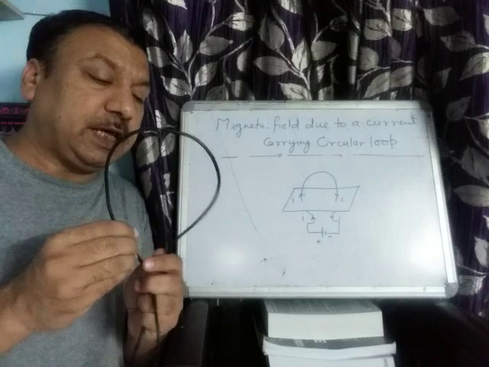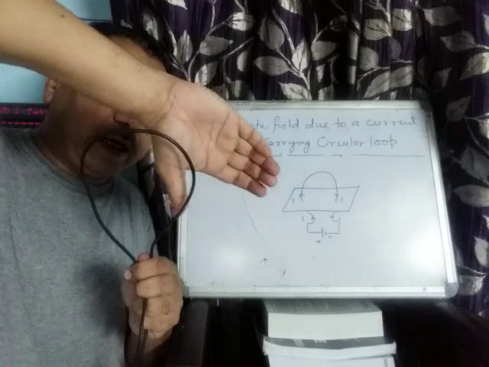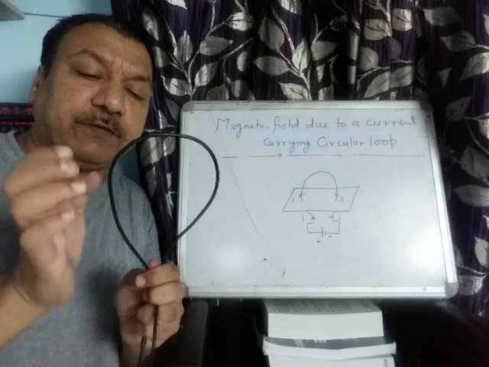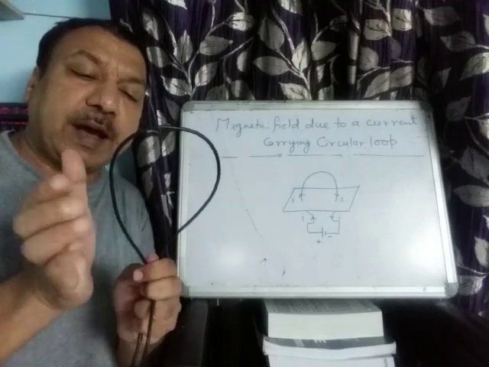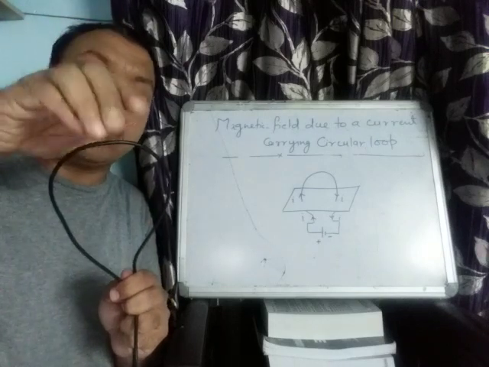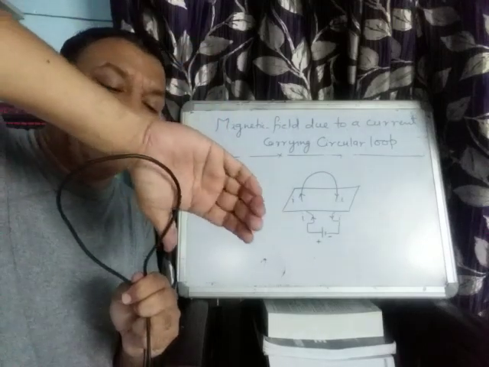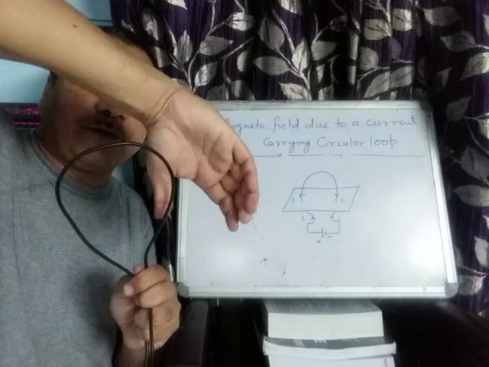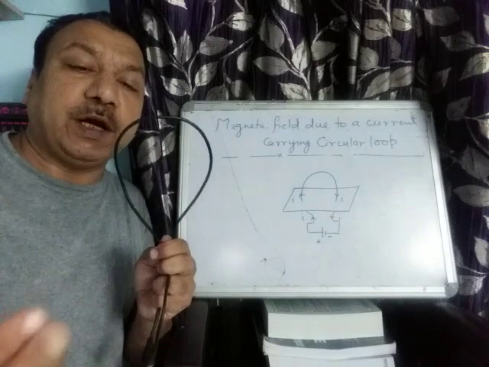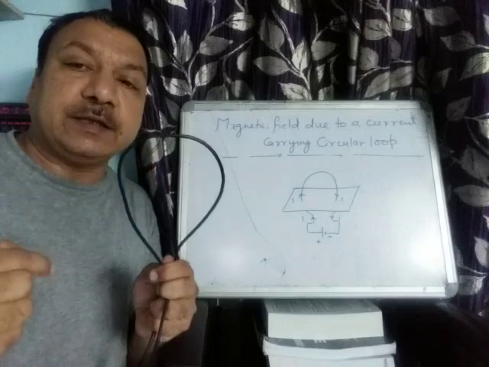Now just see, here the current is coming downward, so keep the thumb downward. Now the magnetic field is here. Again, taking the direction in which the current is moving upward, the magnetic field from the front is entering into the circular loop. And here the magnetic field is also from the front entering into the circular loop. Here the current is going down, but the magnetic field is again from outward to inward. From the front it is going inward. It means from the front the magnetic field is entering and at the back side it is turning back.